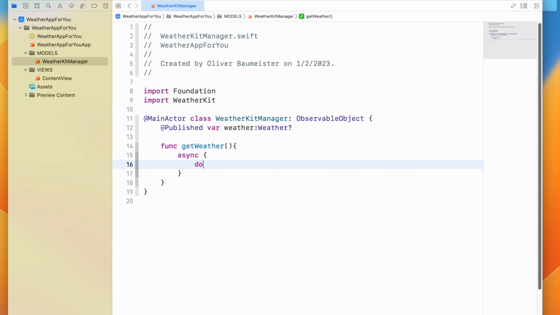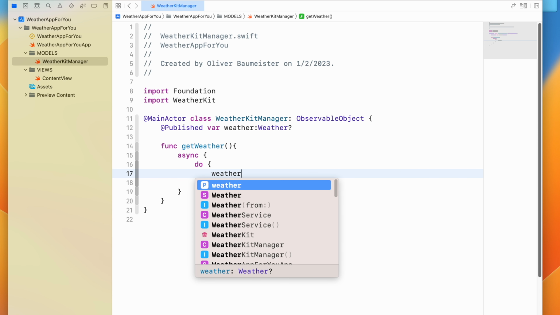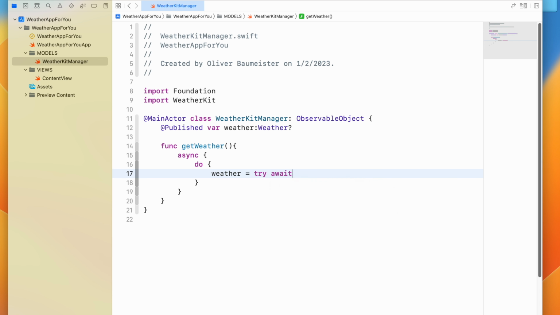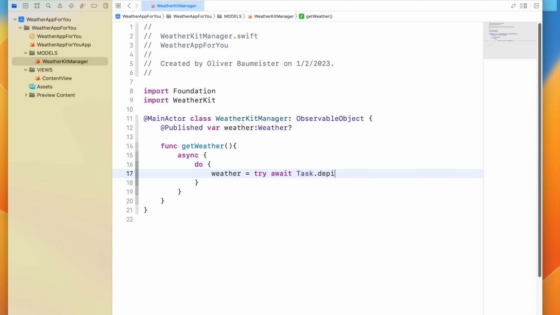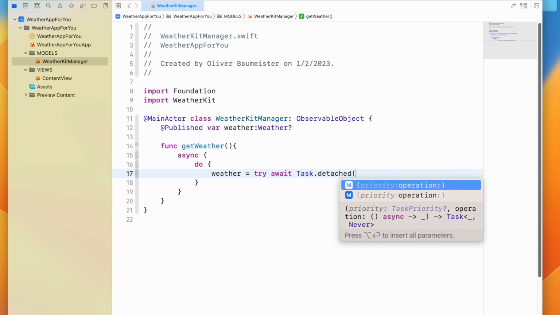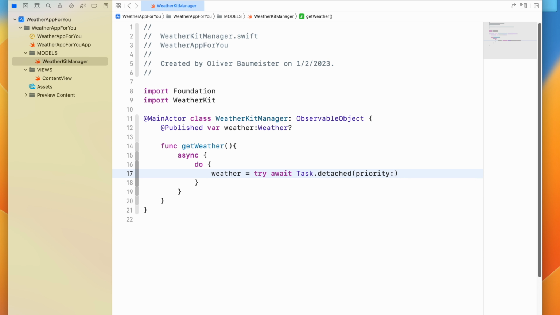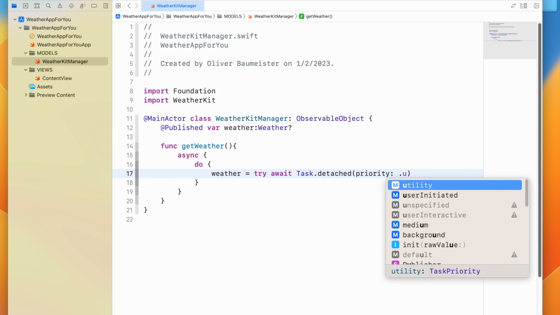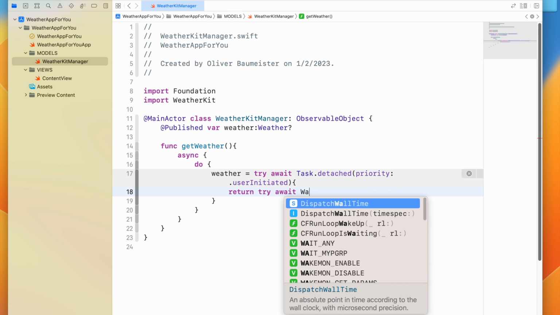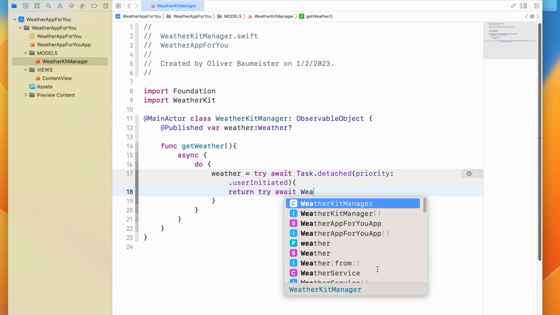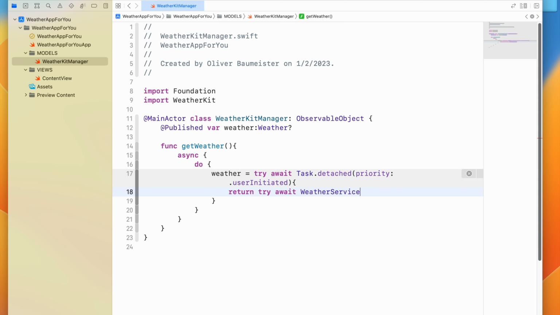Async, do. weather equals try await Task.detached, and we're looking for the priority, detached, priority dot userInitiated. And then inside of that, so this is all on one line, we're going to return try await WeatherService, there it is, .shared